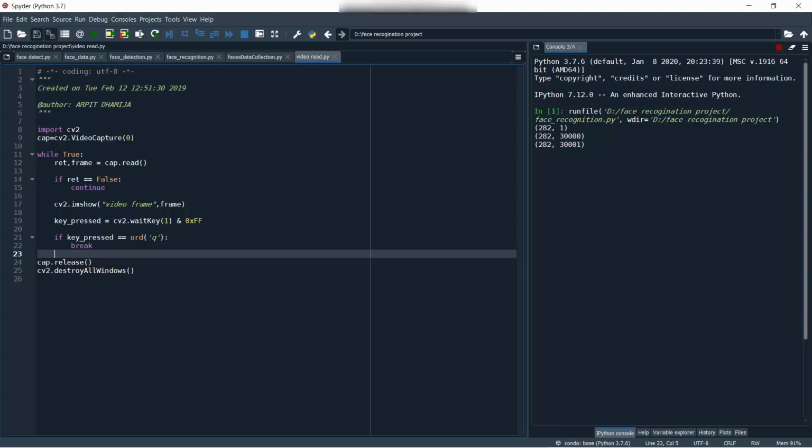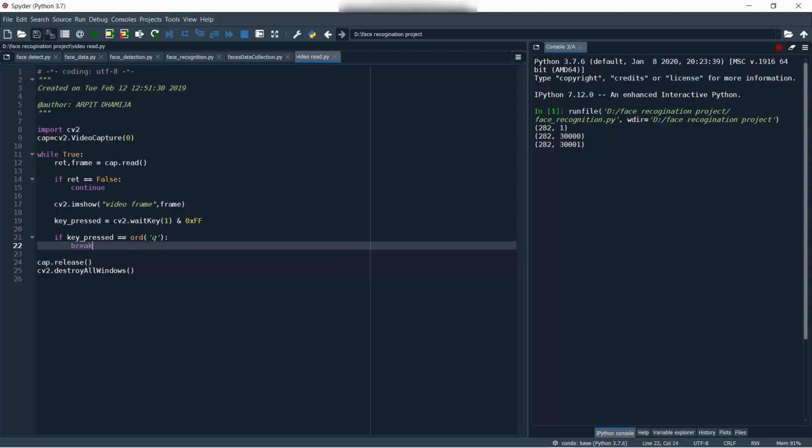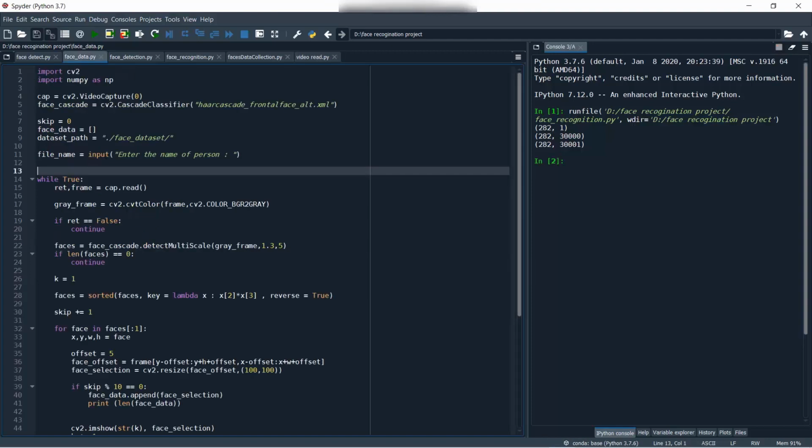Don't be stressed out. I will explain each line of the code step by step. I am just explaining the roadmap right now. Okay, so this code just checks whether our camera is working or not. So this is a real test. And after this,